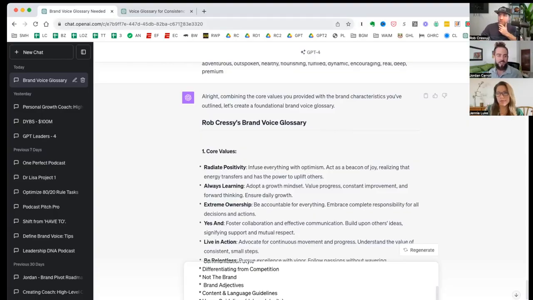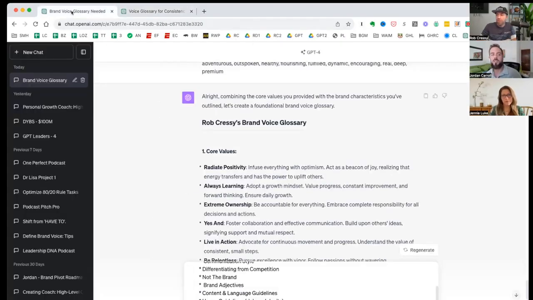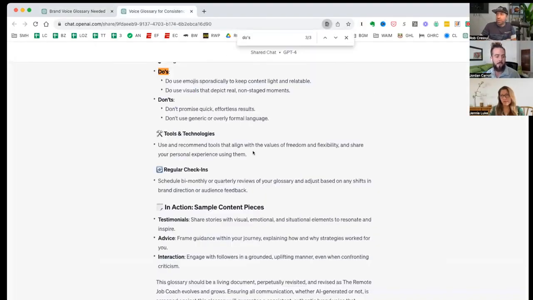Like tools and things that you recommend to people. Yep. Tools and technologies, like literally your entire business is how to use a certain tool. And like if you bring in new different AI stuff, maybe it's not so much about the values of freedom and flexibility, but sharing your personal experience using tools, that's like literally what you do, I think. Yep. So I'm actually going to just put right here